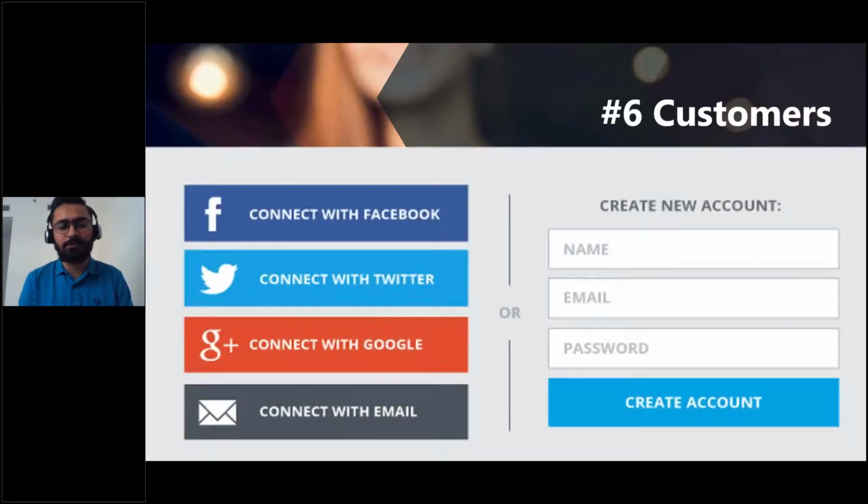Sitecore provides this federated authentication, which we just saw with the identity and all those things, which enables Sitecore to integrate third-party social logins, which will help you gain more customer registrations and more orders.